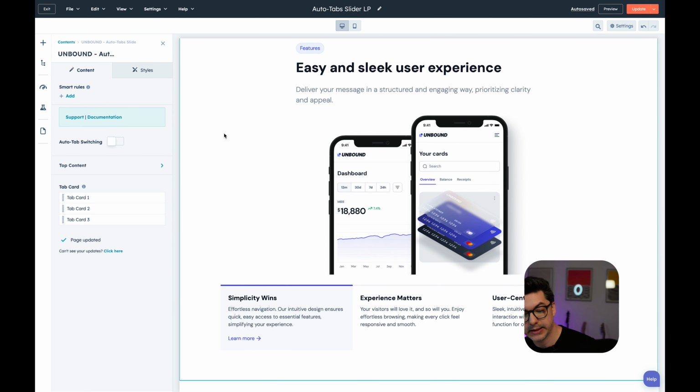We're the team behind Unbound modules, and we'd love to show you what's new with the auto tab slider, shall we? Okay, so right here at the interface, at first nothing really changed. If you haven't seen this module yet, this is an opportunity for you to take a look